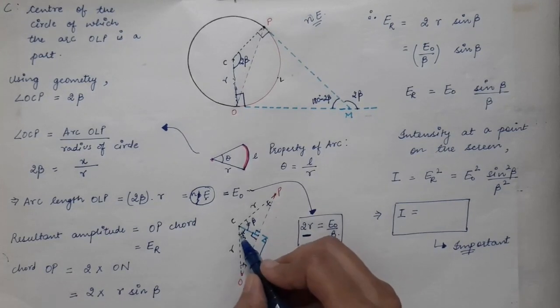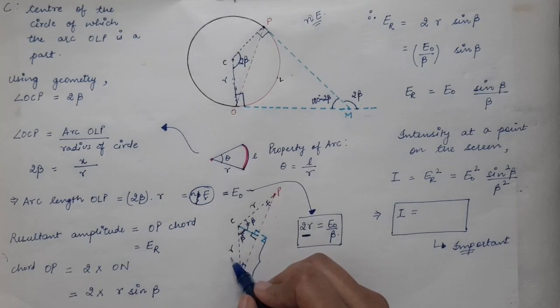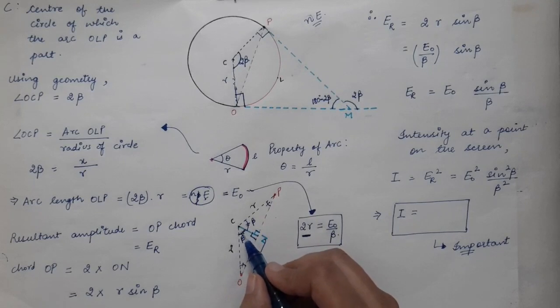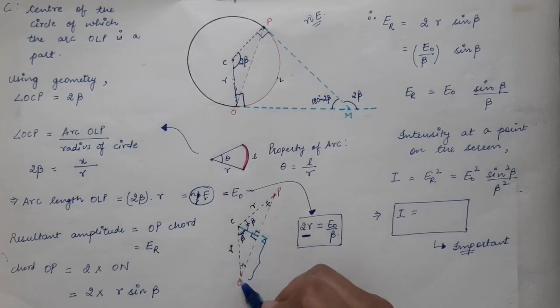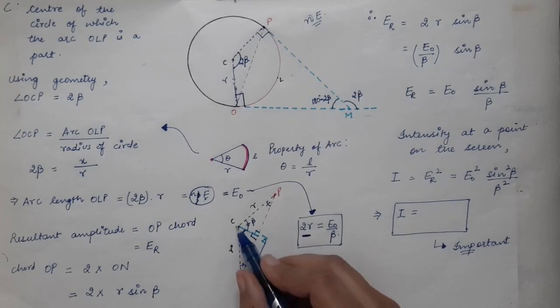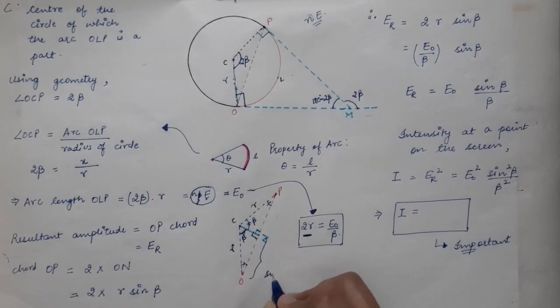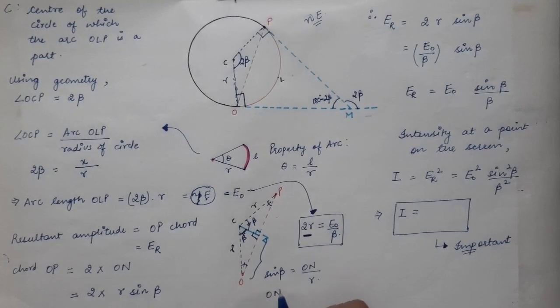So what we know, this angle is equal to beta, and this hypotenuse is equal to the radius of the circle. So this is also known. So this is the radius and this is the angle. Now opposite to the angle which we know, we have a perpendicular. So ON will be the perpendicular, and this is the hypotenuse. So we want to find the perpendicular, we know the hypotenuse. So what will we use? We will use sine of angle. So sine beta is equal to perpendicular, which is ON, divided by hypotenuse, which is R. So from here we can easily find ON is equal to R sine beta.